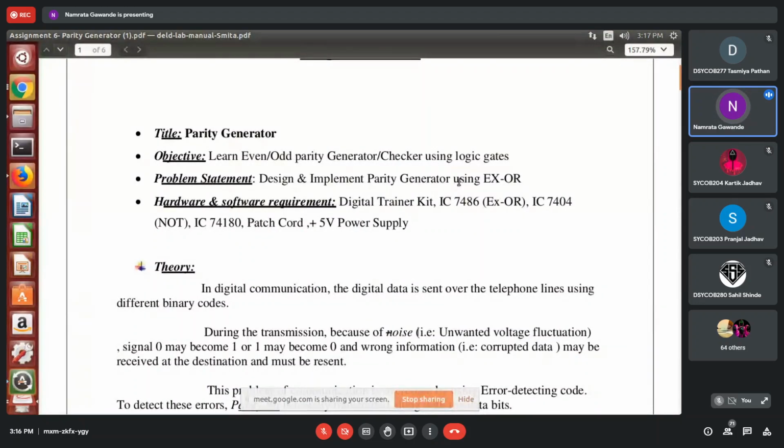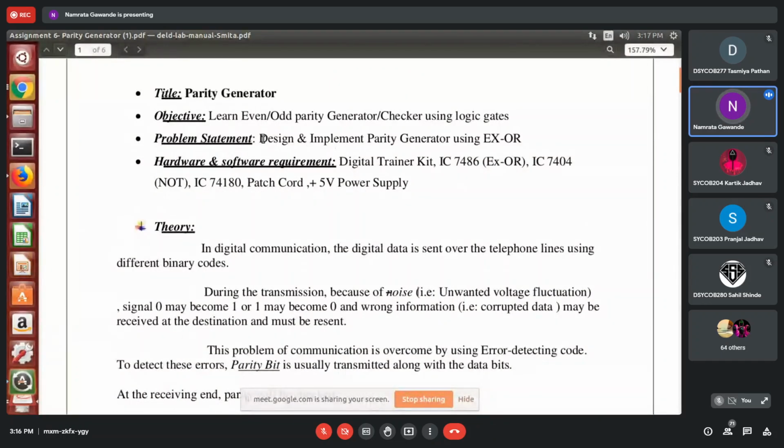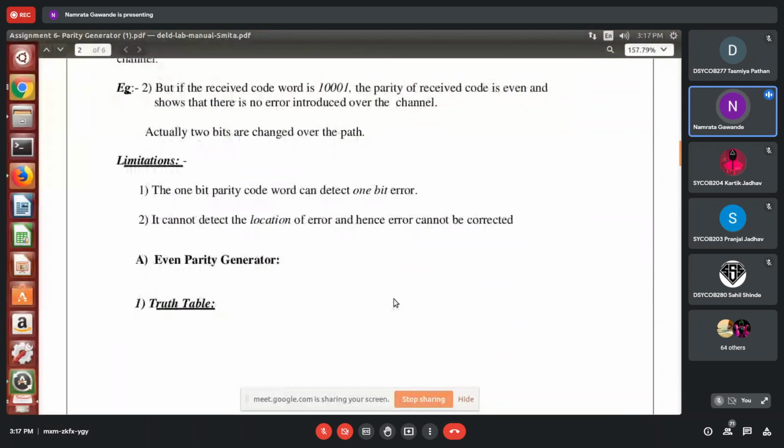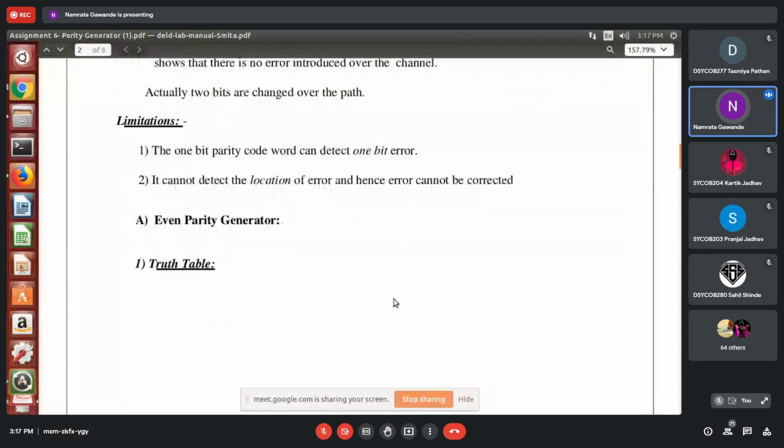There are two concepts, parity generator as well as checker, but you only have to design and implement the parity generator using XOR gates. Now, what is parity? Parity is an extra bit that is added along with the message bits. That additional bit is known as a parity bit. So there are two types, even parity and odd parity.